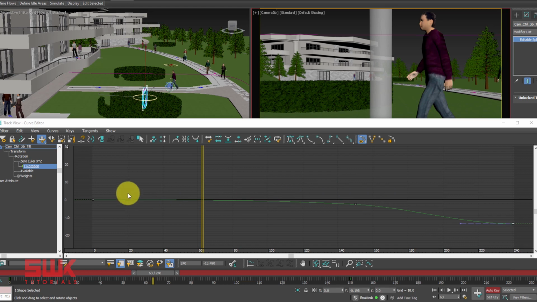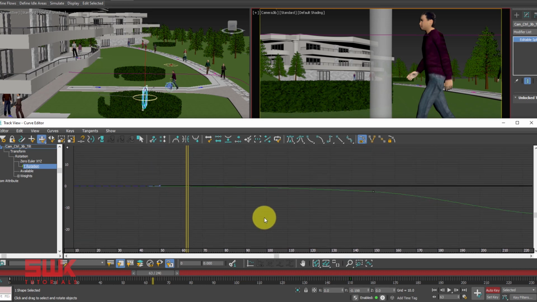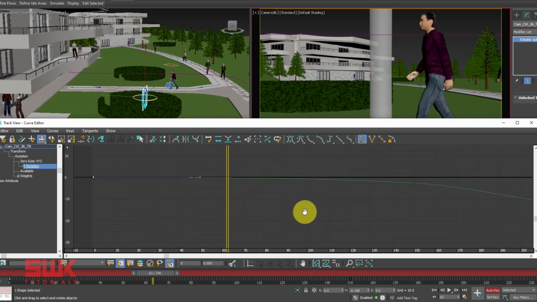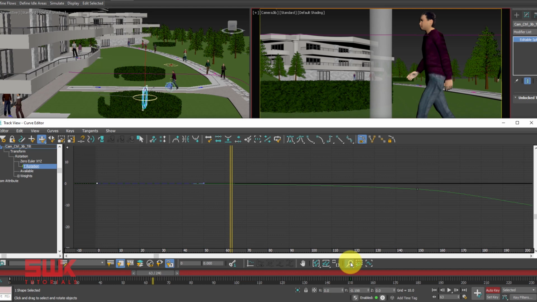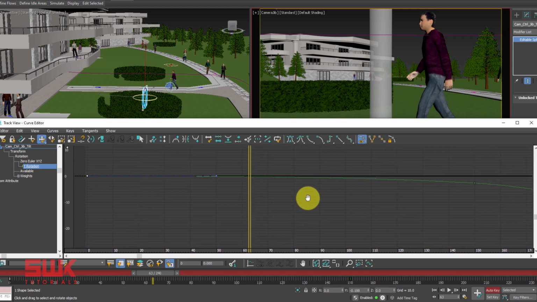So guys, I will click here on this part and I will zoom it a little bit like this. Use the middle mouse to move it, left click to zoom it, right click to end the zoom and middle mouse to pan it like this.